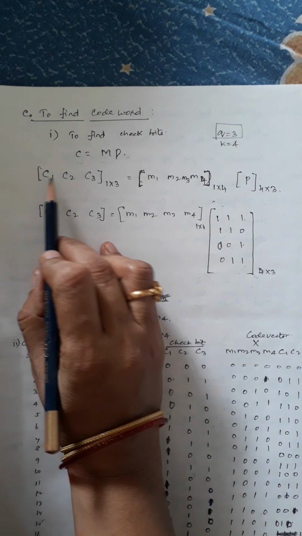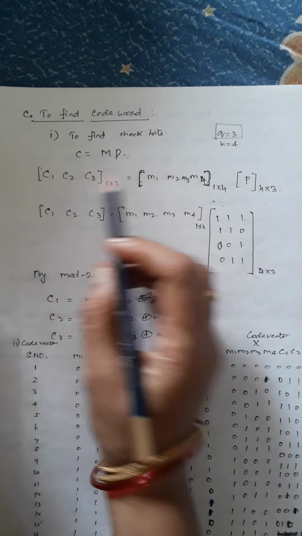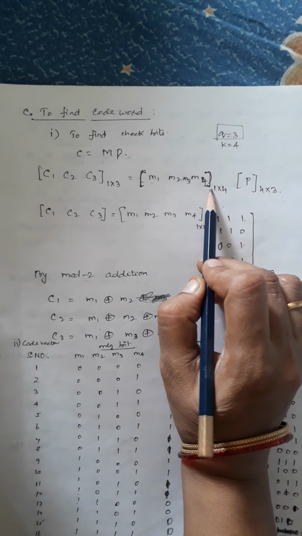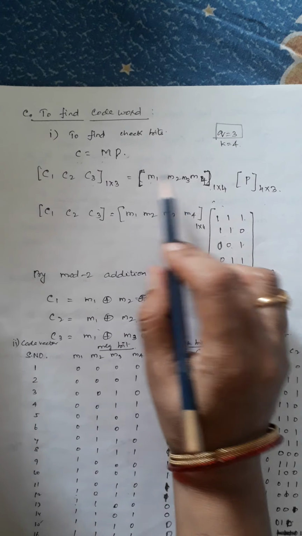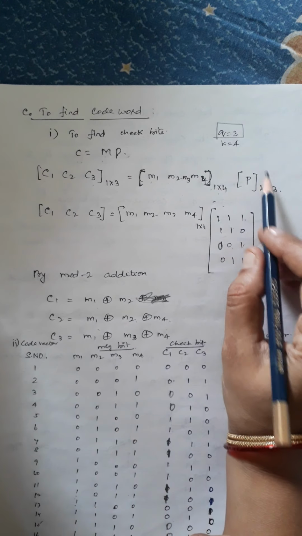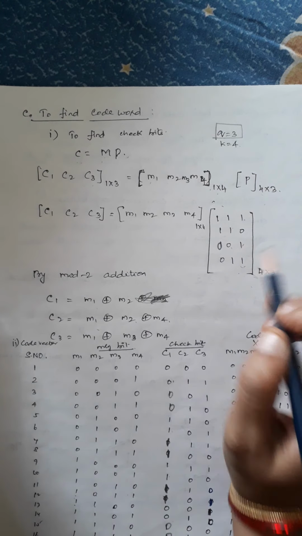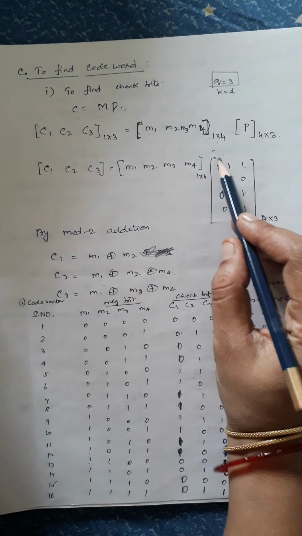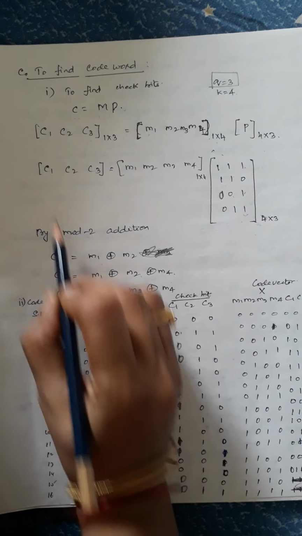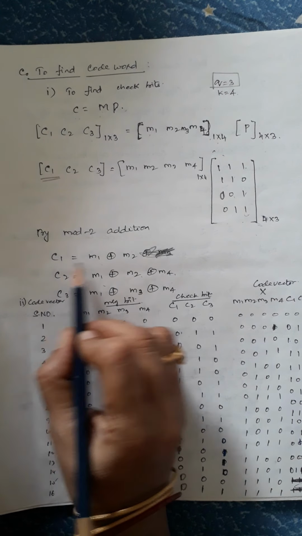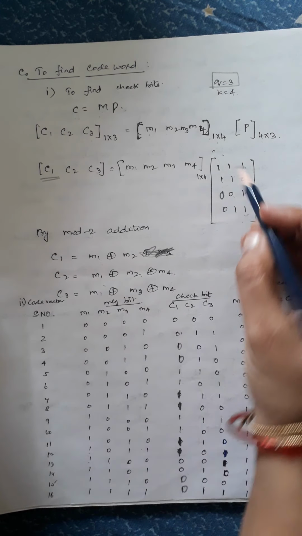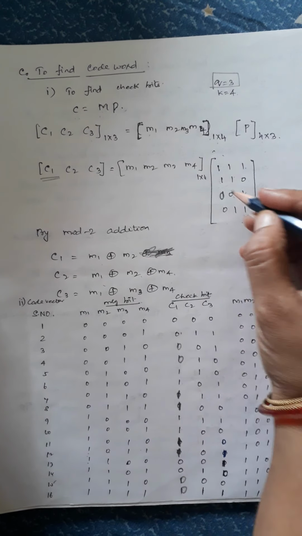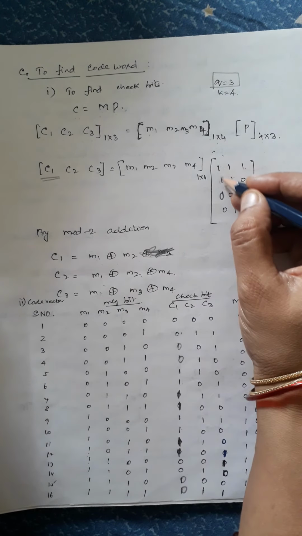3. So, it is C1, C2 and C3. Message bits are 4, so M1, M2, M3 and M4. You just take the message bits and multiply with the parity matrix. So, this is going to be the parity matrix. On multiplying this row element with this column element, your first check bit C1 will be known. So, only the M1 and M2 elements are available. So, it is M1 XORed with M2.